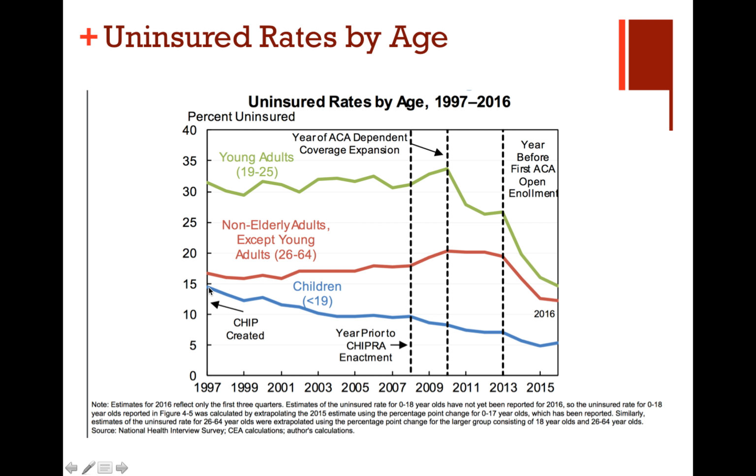In 1997, the Children's Health Insurance Program began. This was a health insurance program specifically for individuals under the age of 19. And again, it was based on eligibility of your parents, based on income, and it was a sliding scale, meaning the more you could afford to pay, the more you paid. And that has dramatically reduced uninsured for children.